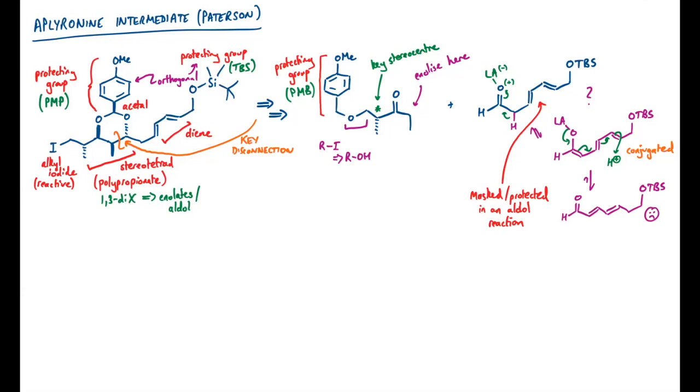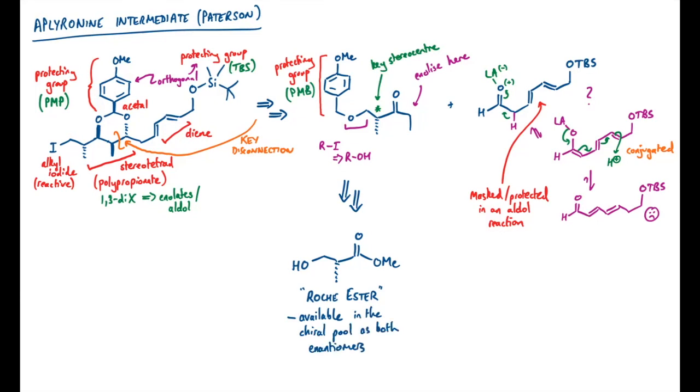Just a final note in the retrosynthesis, this ethyl ketone is quite easy to get hold of. It's a few steps away from this chiral pool intermediate. This is known as Roche ester. That's the company Roche. This is available in the chiral pool as both enantiomers, so it can be quite useful in synthesis as a source of optically pure stereocenter, and has been used commonly over the last few decades for